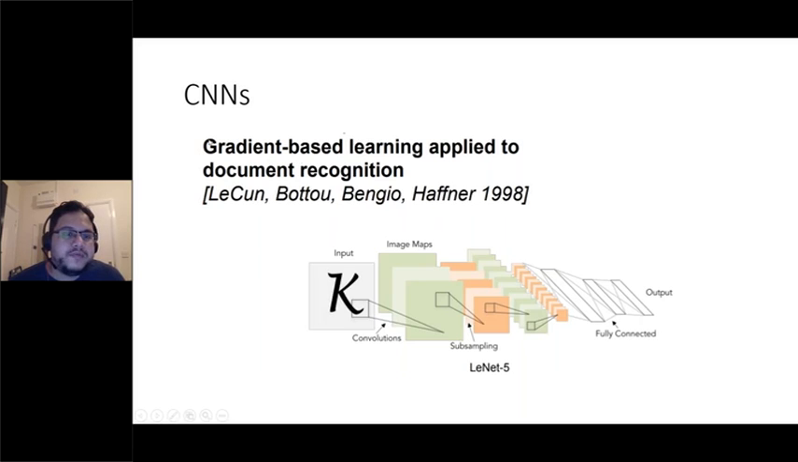So here we have one of the earliest forms of CNNs by these guys. These two guys are especially known to be legendary in machine learning and deep learning, Yann LeCun and Yoshua Bengio. So just to look at some history,